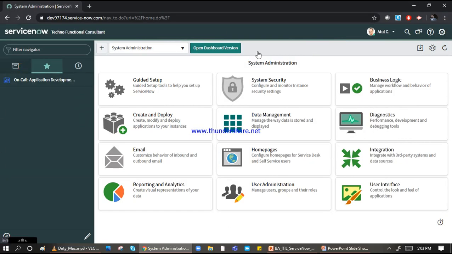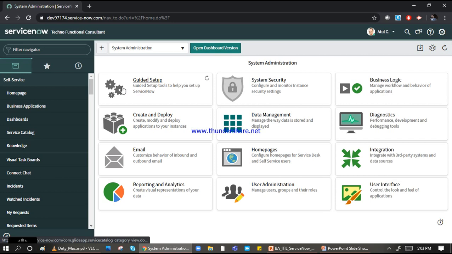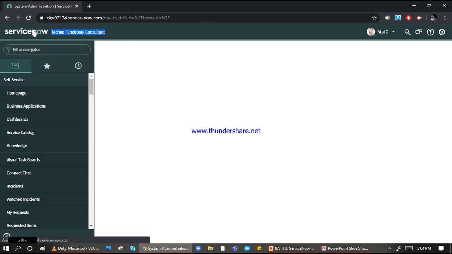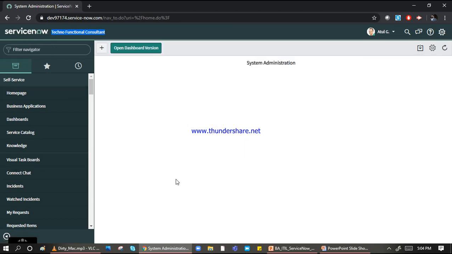So this is the instance which I got from ServiceNow, and it is on the New York version. You can see that I have my login and instance detail here. This is my banner frame. This complete area is my banner frame, and I put some wording here. By default the wording is service management, but as an admin, I changed this word as per my requirement. So this is called the complete banner frame. On this banner frame, this is the banner home page. It means when you click on this image, you will be back on this screen again.